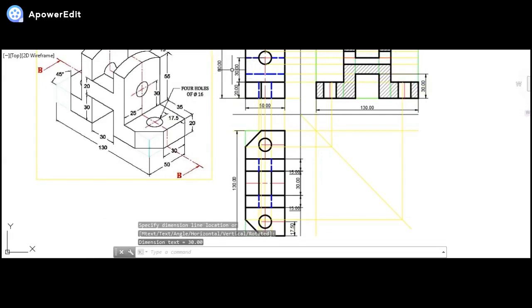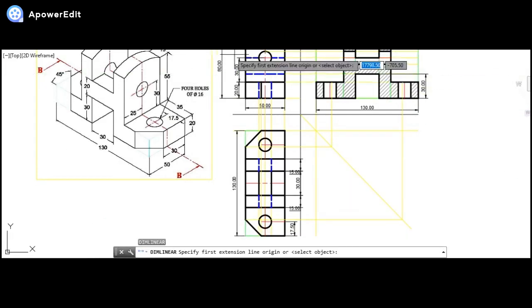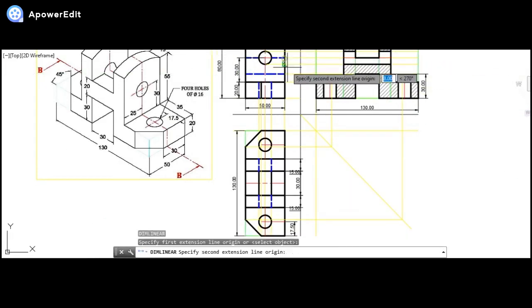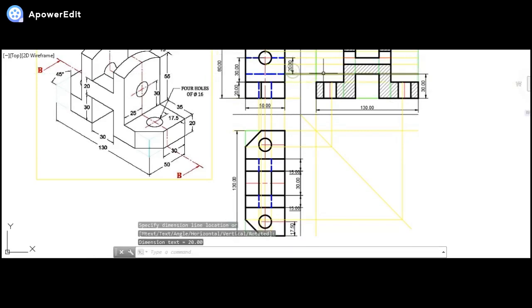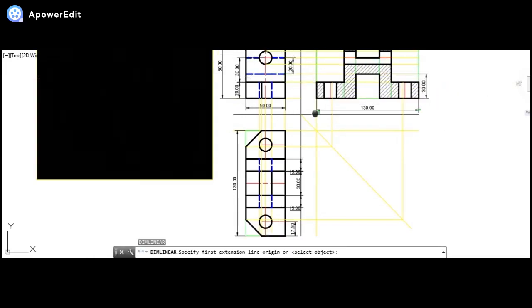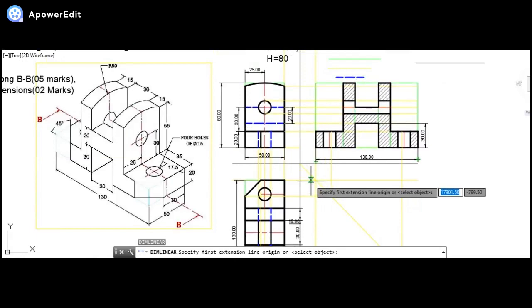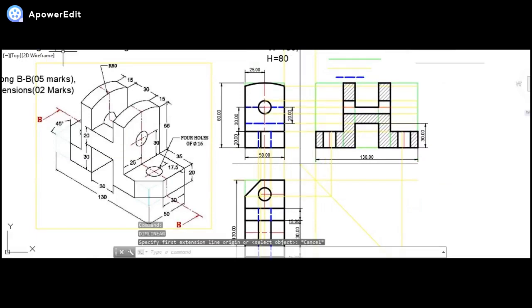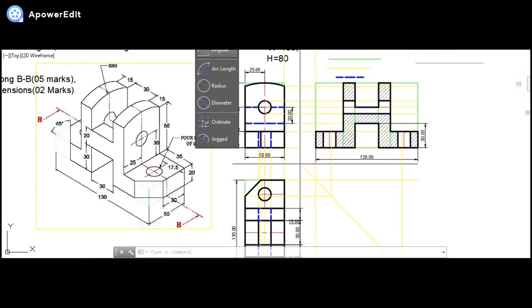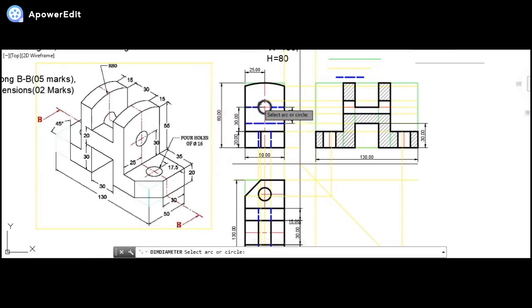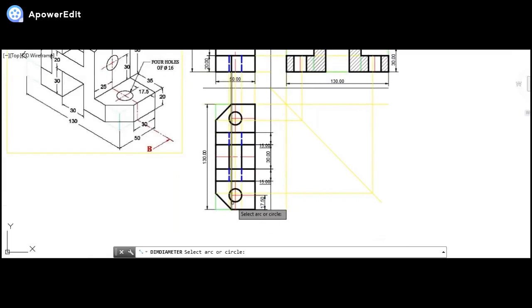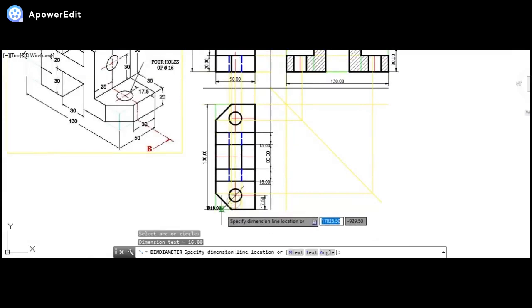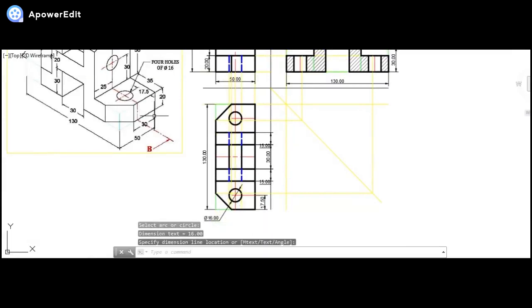Now even this particular distance from here till here is 20 mm. As you can see, we are done almost with all the dimensions. Only one circular dimension is there with us, that is the diameter of this circle, which is 16 mm.